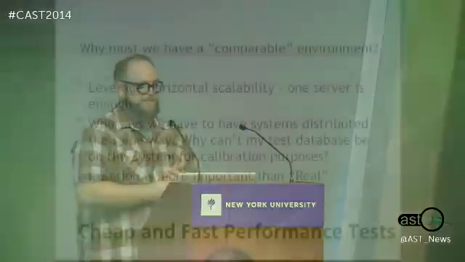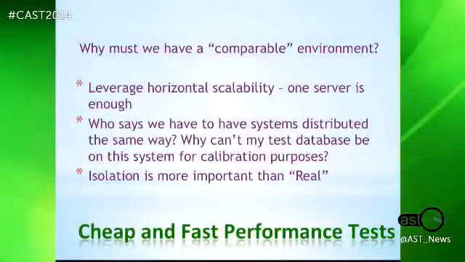Okay. So now, while we're getting rid of old assumptions, let's get rid of the comparable environment. We have the one server. Why do I have to have it set up on 5 different machines? If what I'm trying to detect is a delta or a difference in how things performed one day to another, it might be easier to detect if I have all of the components on a single machine. So if a presentation layer or a business logic layer or a database server, if any of those things get slower while I'm running this load, that will help them pop out to me. When I have a distributed system, it becomes harder to untangle that.